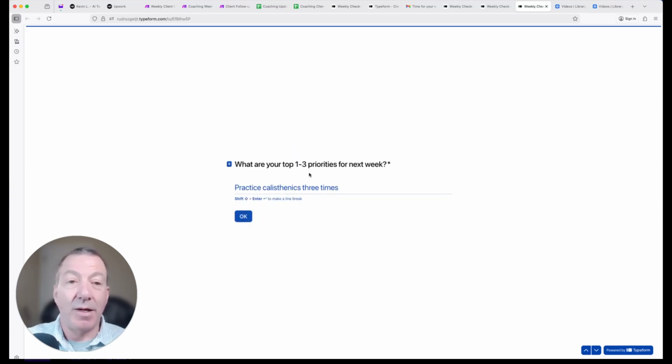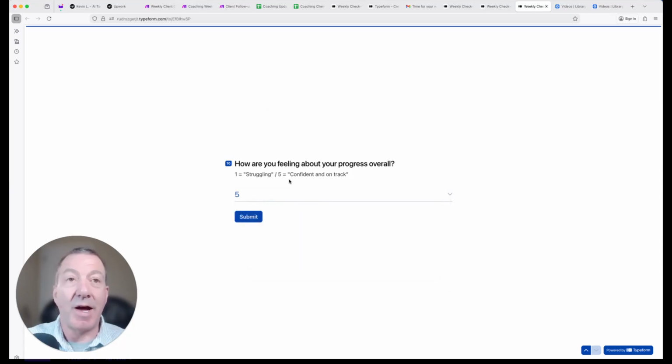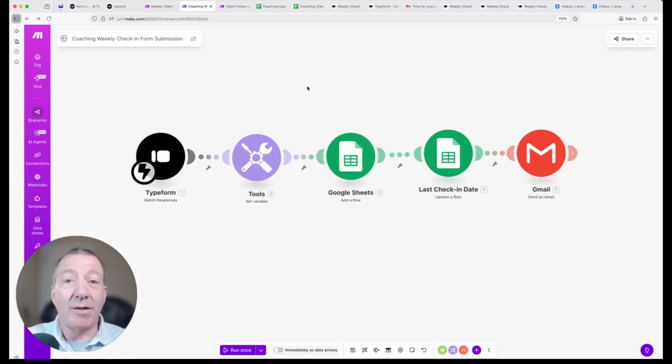And finally, two more things. What are your top 1 to 3 priorities for next week? To practice calisthenics 3 times. All right, and then finally, how are you feeling about your progress overall? This also is a drop-down menu. I have chosen 5. Now, before I go ahead and submit that, I'm going to go to the second scenario,